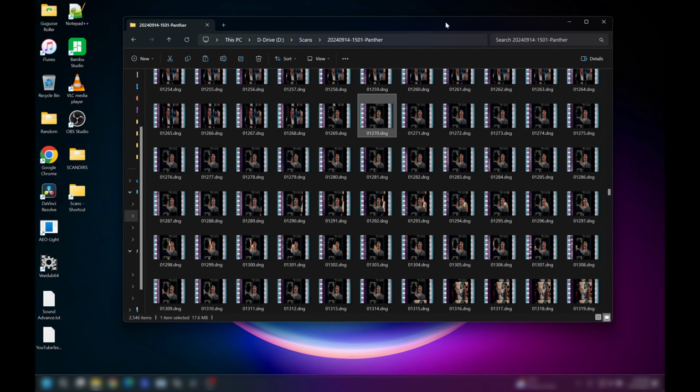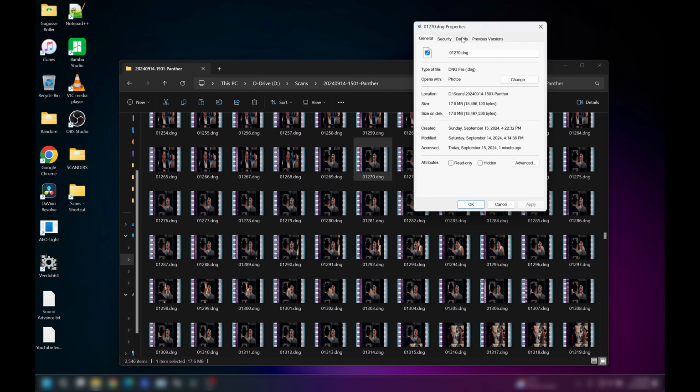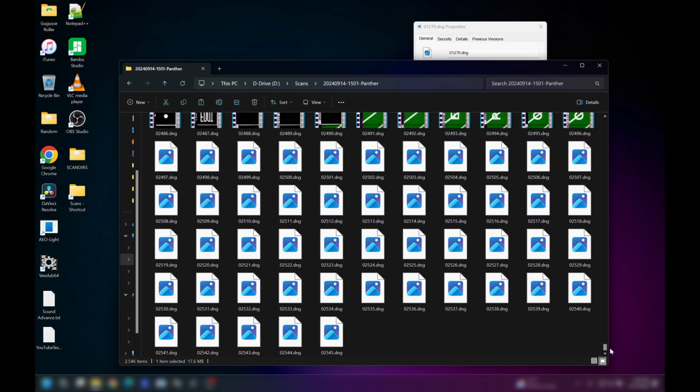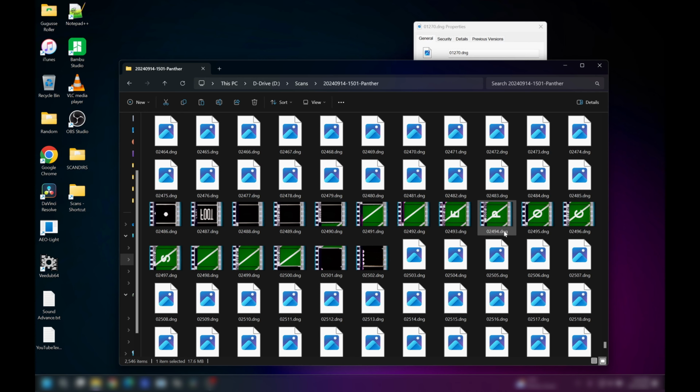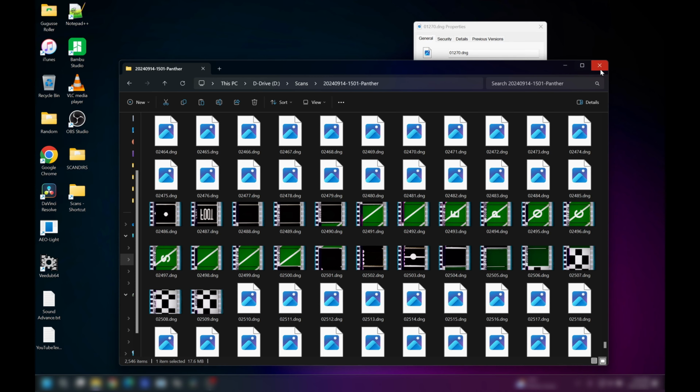Okay, this is the point when we start processing the film. The film is being converted to DNG files, and we're going to make all these individual DNG files into a video. By looking at one of the DNG files, you can see the properties of it. They're 17.6 megabytes a piece, and there are right around 2,500 frames total. So there you go. We'll close that off,